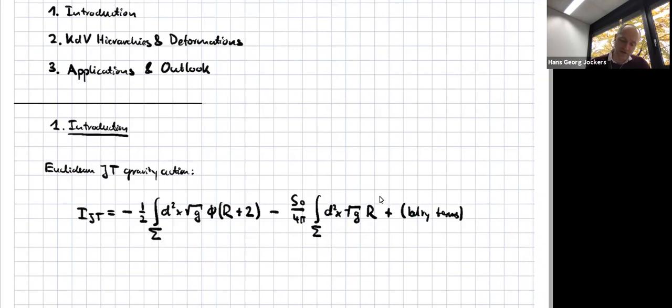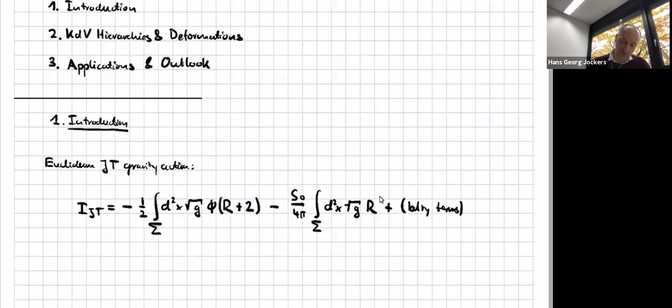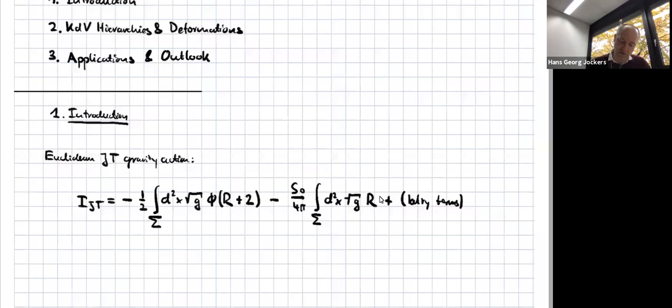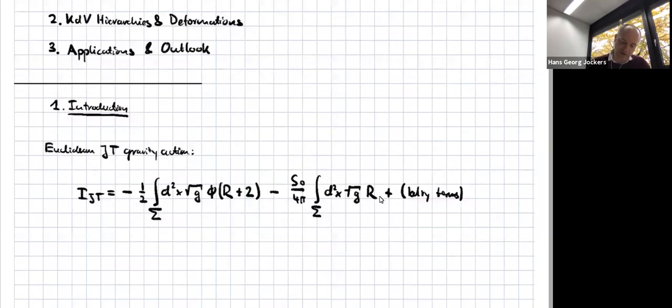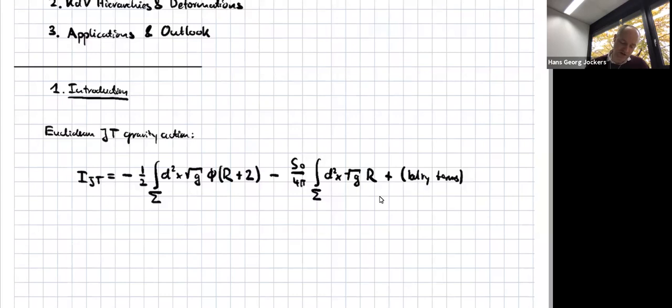So what does this action do to us? Well, first of all, if you look at the equations of motion with respect to phi, that's the usual story, then this gives rise to a constraint, which essentially forces the scalar curvature to be negative. So this constraint actually forces the metric to be hyperbolic. So we are looking at hyperbolic geometries. And the other term, as I said, is a topological term, which will also be important for us. This is essentially giving rise to the Euler characteristic of that Riemann surface.